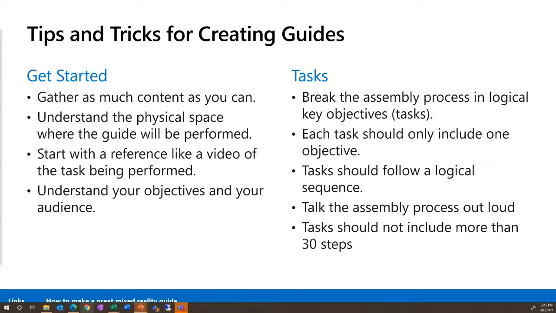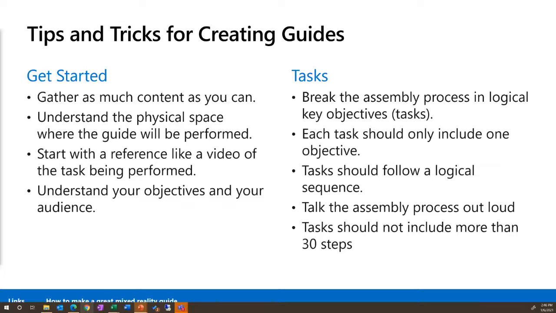Understand your objectives and your target audience. It's critical to understand the lesson objectives and target audience before you start developing your first guide. Lesson objectives include various sub-objectives needed to accomplish an overall objective. Additionally, understanding your target audience will help you tailor your guide to provide the right amount of complexity needed to communicate information to your operators. For example, will your audience understand how to use specific tools or the names of specific machinery?